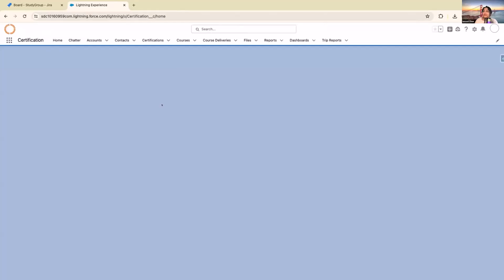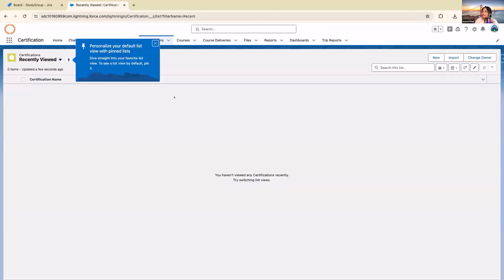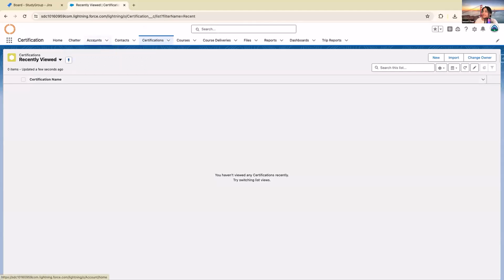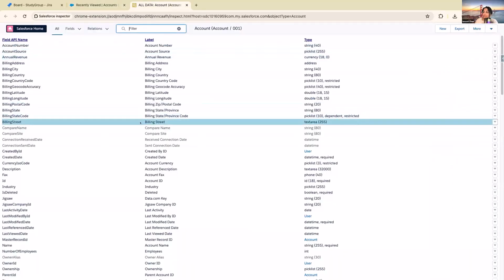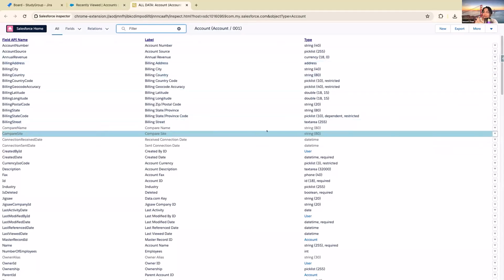So this is an org, right? And you can see that here I also have accounts, which is empty. But let's say I had accounts and I really wanted to get a field and API name. How Salesforce Inspector works is it's a small arrow on the right. It allows you to log in as another user if you have the username, password, credentials. It also allows you to see any record you want, any object, and just right click and do show all data. It shows everything,